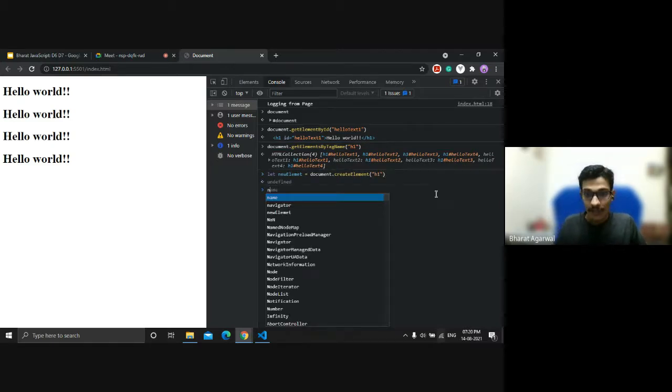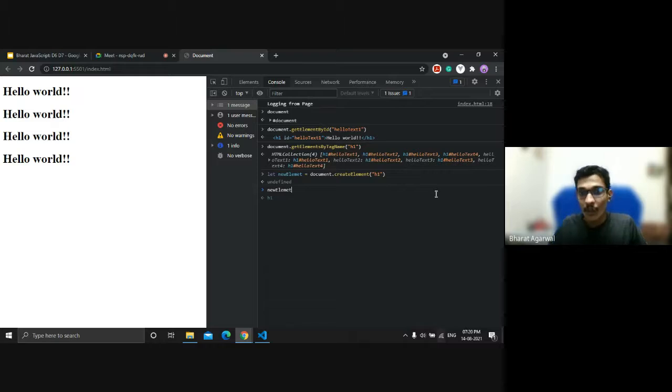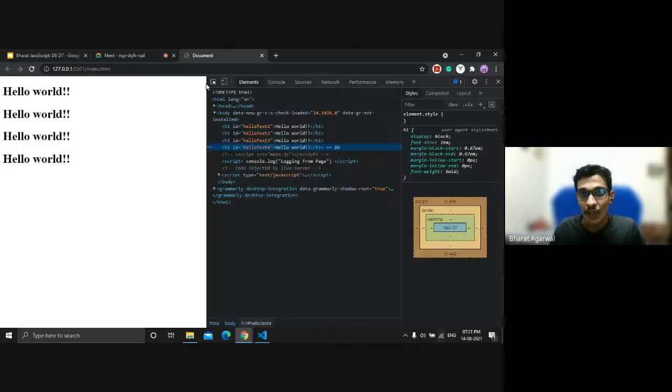you can see my new element is of type h1. We don't have anything in it, but we can assign it, like new element dot inner. Now we have two things, inner text and inner HTML. In inner HTML, we can assign our whole HTML code as well, like we can use tags and other stuff. In inner text, it is only assigning the text in between the opening and closing tag. So basically, inner text will do this, inner HTML will do this string inside the tags.